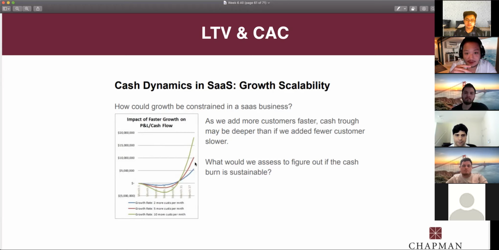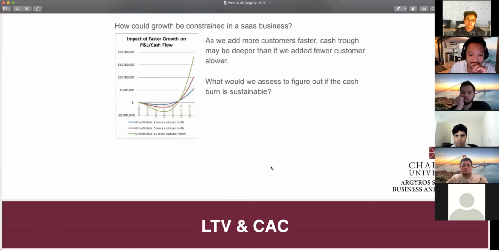Oftentimes you see these ridiculous metrics. One quick example is a company like WhatsApp that got acquired by Facebook for $19 billion. They only had 50 employees, so their revenue per employee was just off the charts if you saw that transaction happen. So much of that was forgivable because the growth rate was so crazy. They were able to slap on such a high valuation even though it was not a profitable business. That's why you see these absurd valuations, because of such peculiar metrics.